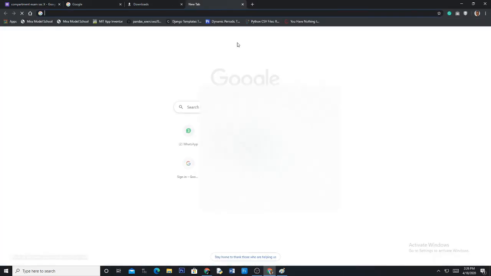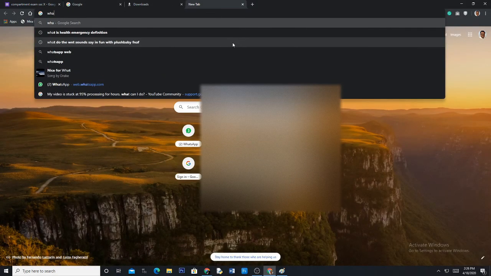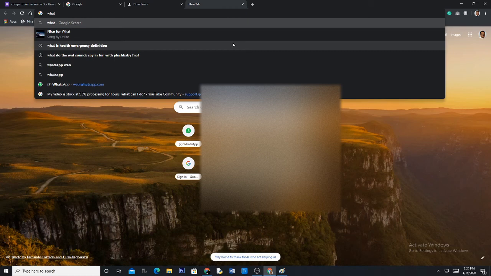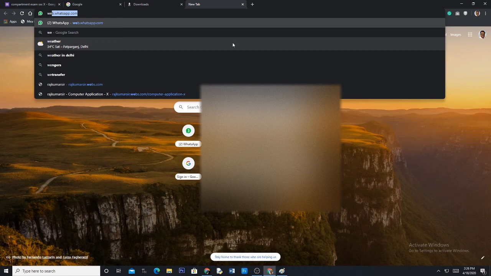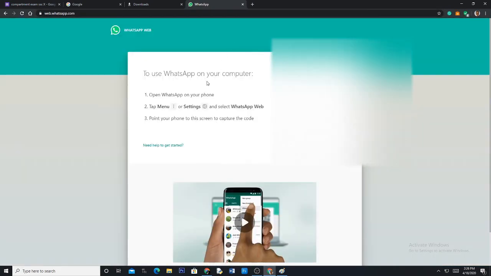Then I'll go to WhatsApp or email ID, anywhere. I open web.whatsapp.com, and I'll send this link to the student.